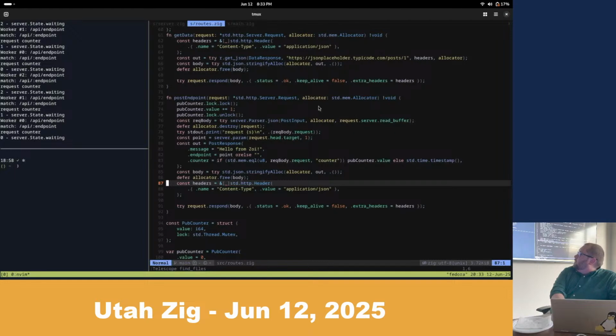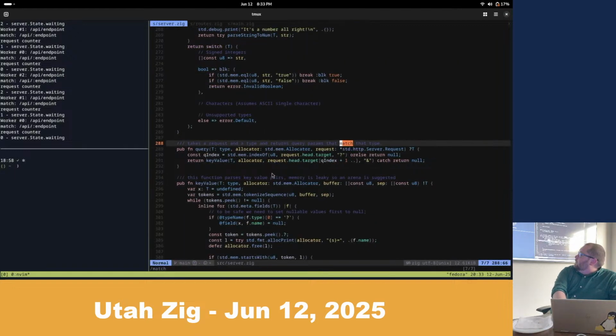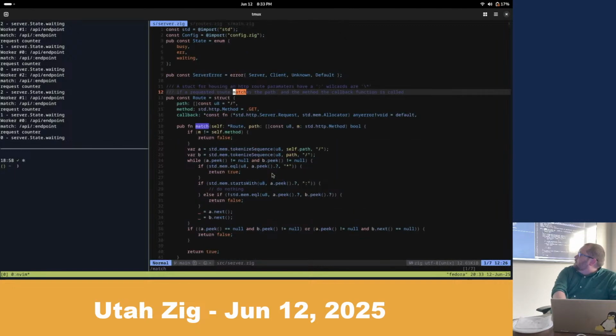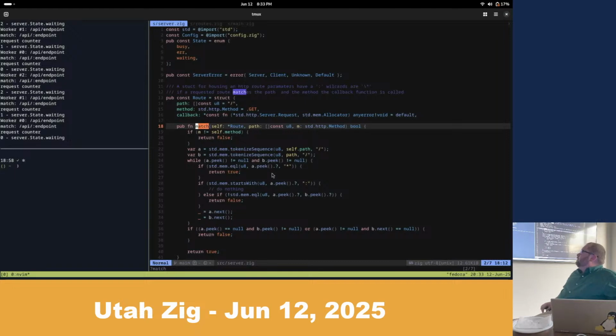And so we're registering callbacks, like a generic post endpoint where we're returning just this junk message back. But the way that we're going to match to the correct router is we're going to iterate through those routes, and then we're going to use a tokenizer.